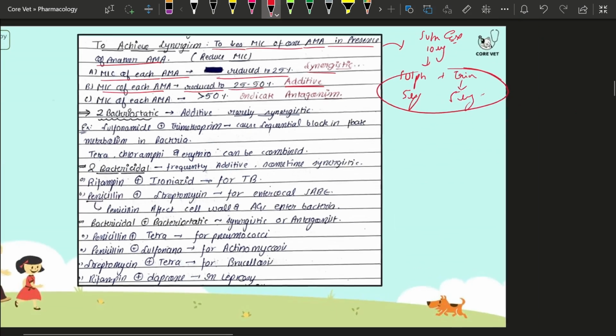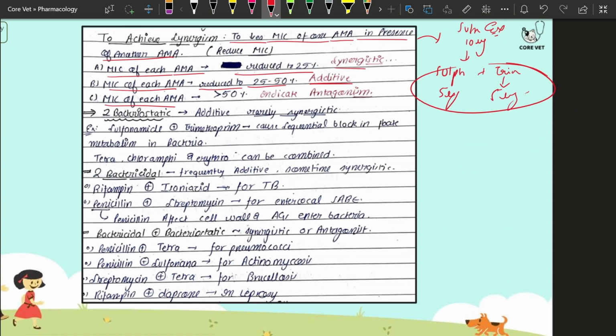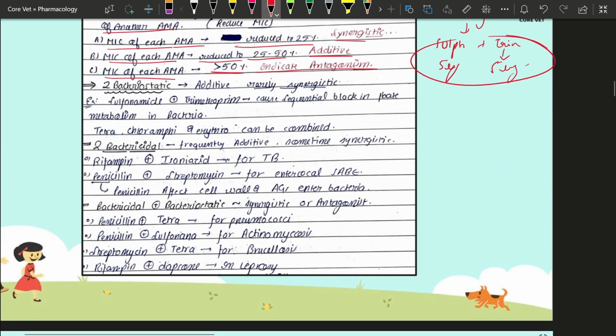Okay, if the MIC of each drug that you had used in the combination or the composition of a drug is more than 50%, then it indicates antagonism, right? Now coming on to the usage of two bacteriostatics. In the first lecture of general chemotherapy, I told you there are certain drugs that are bacteriostatic and drugs that are bactericidal, right? If you combine two bacteriostatic drugs,